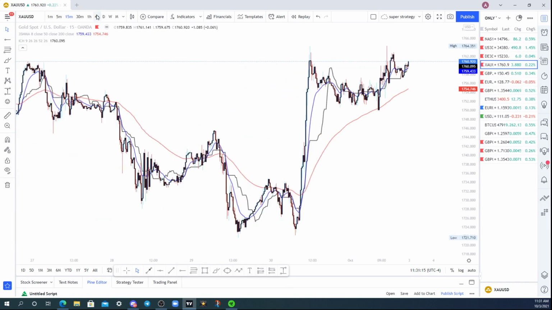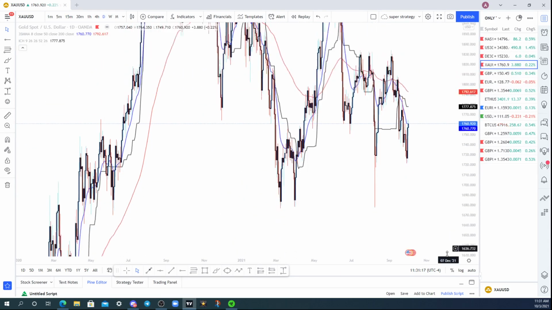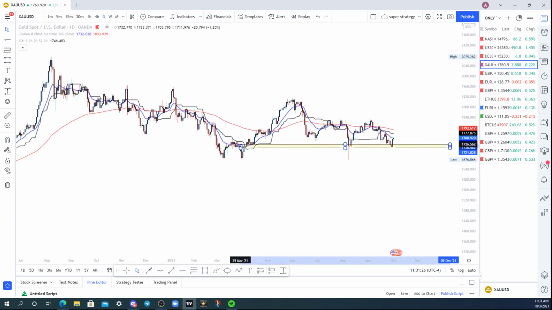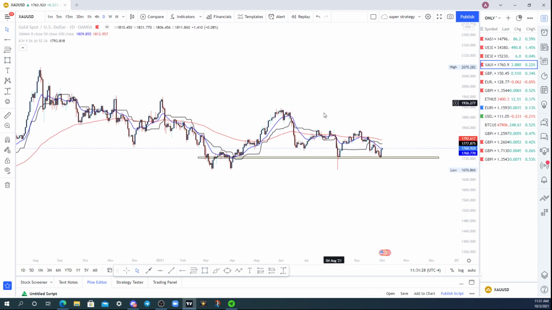Now let's take a look here on gold. I'm going to go up to a daily time frame, see exactly where we're coming from, see exactly where we can head. Clearly, we came down and tested this level all the way down here, a previous level of reaction. So, clear level, correct?